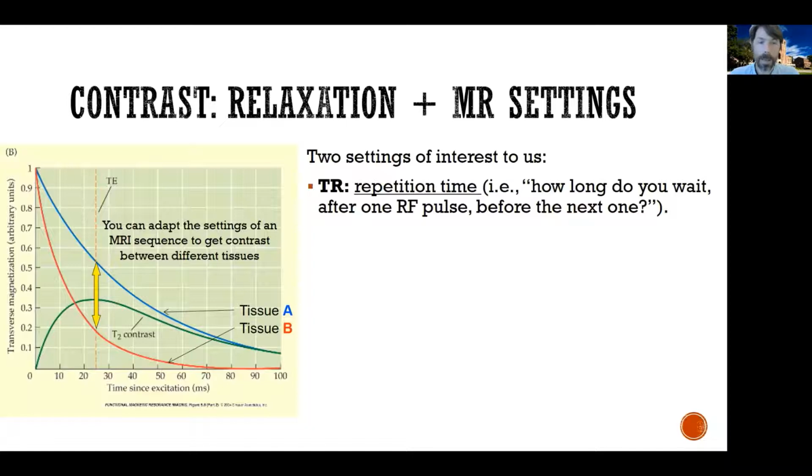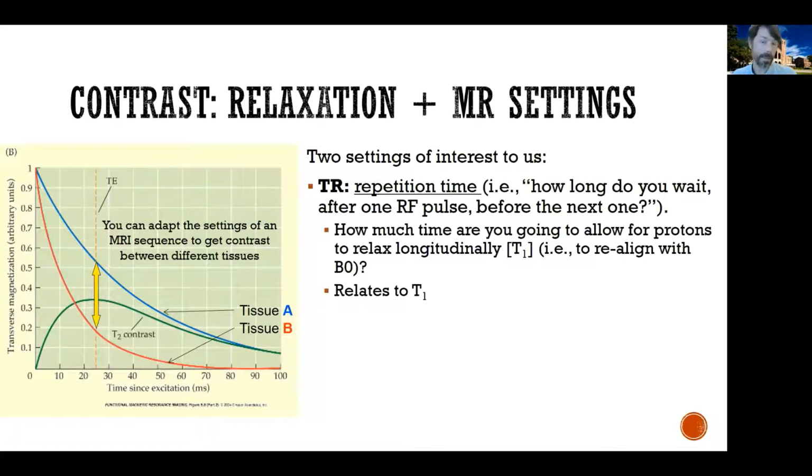And the repetition time is how long do you wait after one radiofrequency pulse before injecting the next one. In other words, really what this is saying is, given how long it takes for protons to come back into B0, how long are you going to let them relax longitudinally before you hit them again with another radiofrequency pulse? So in this sense, TR relates to the constant T1. TR relates, and I'll show what I mean in the next slide, to how long it takes for different tissues